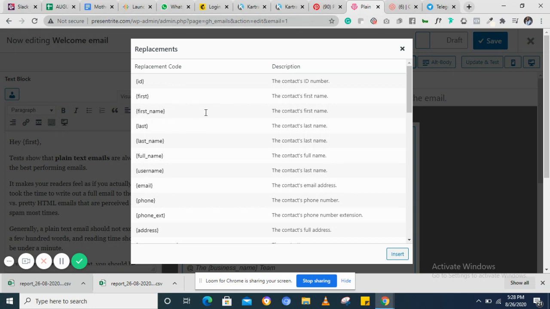This code will give you the contact first name. Same thing with this code. This code will give you the contact last name. Or this code will give you the contact email. So I want to add the contact first name so that it's going to reflect the name. So once I click on it like this,